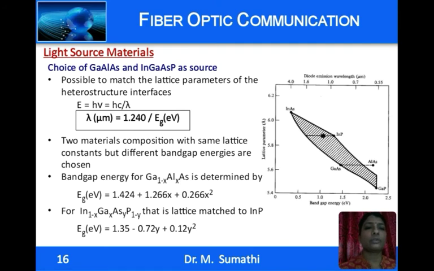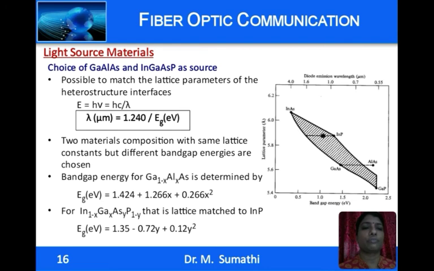So, when materials are chosen for light sources, direct band gap materials are chosen so that the probability of radiative recombination is higher and adequate optical emission is available. Next, we should take care that the lattice parameters of the materials match, so that temperature variations would not cause strain in the heterostructure interfaces. Less strain at the heterostructure interfaces due to temperature variation will result in higher quantum efficiency and longer lifetime of